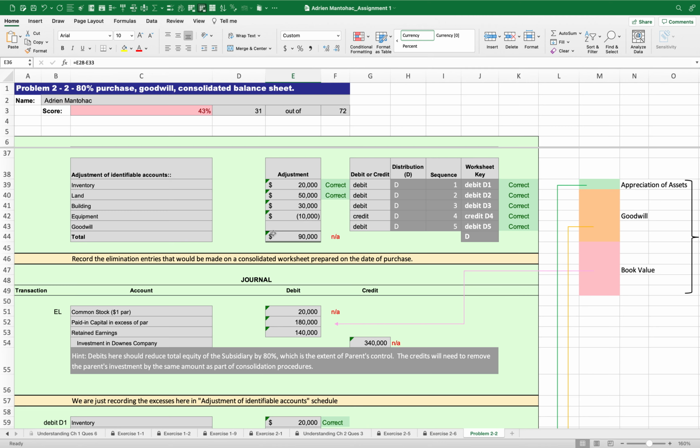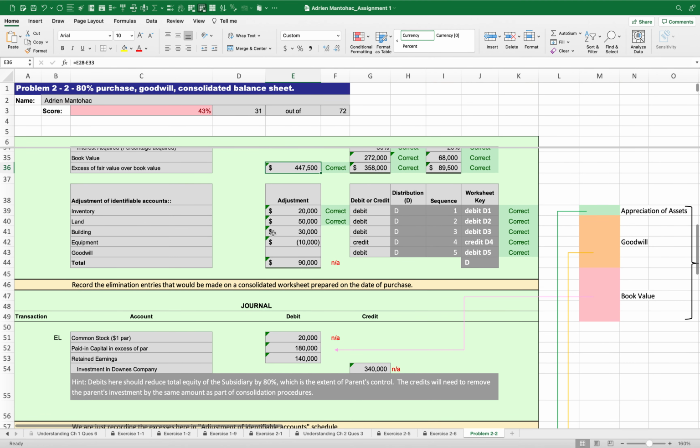And what I want you to do is take a look at the various items that they have identified here in problem 2-1, right above problem 2-2, where they say the following fair values are applied to Downs' assets. So the current assets for Downs was previously at their book value, 70,000, and it's still 70,000 here, so no change has occurred. They tell us that the inventory was valued on their books at 60,000, but according to us, when we paid this extra amount, this excess of